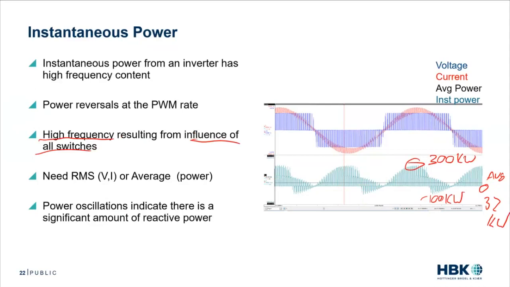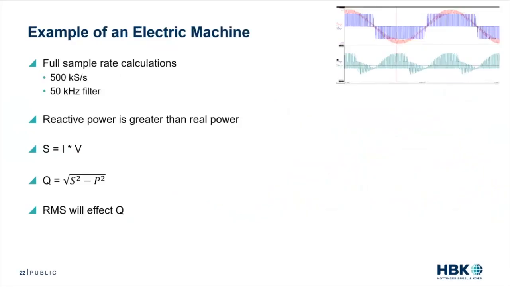And if we remember back to that statement I made originally, power oscillations indicate there's a significant amount of reactive power. What we have here is very large, very fast power oscillations. And again, this justifies that need for an RMS voltage and an average power. We take this oscillatory thing, we look at it over a single cycle of a sine wave, and we can see that this averages out to this nice clean value. Cool. Oscillations, a lot of reactive power. We need averages, we need RMSs. So we take that data